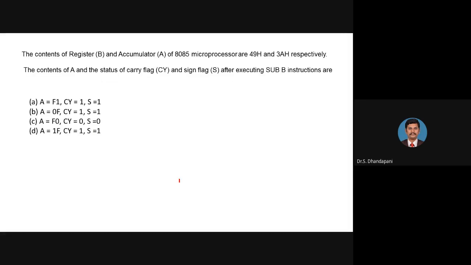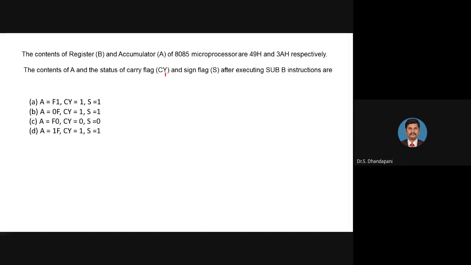A minus 9, A is 10, 10 minus 9 is 1. And we are getting a borrow, which is 16 in decimal value. 16 plus 3 is 19, 19 minus 4 is 15. 15 is written as F, so we are getting F1. After subtraction, the value of the accumulator is F1. So the answer is F1, one part.